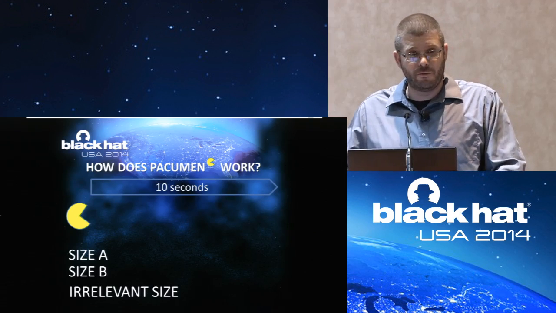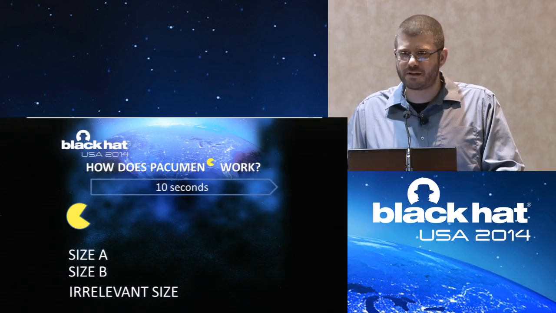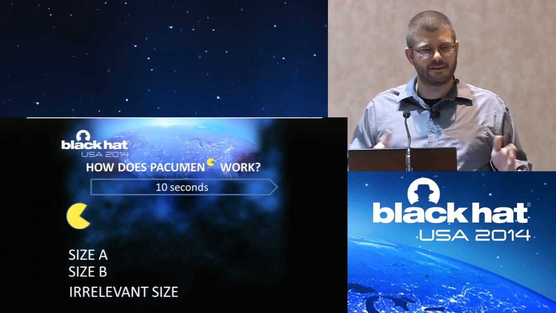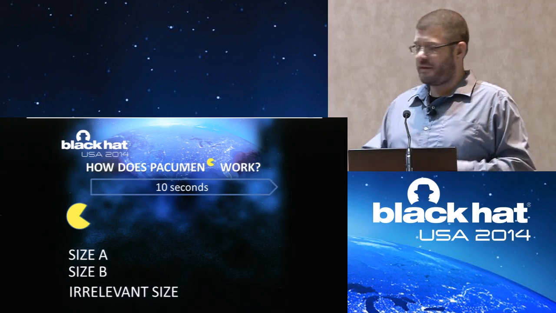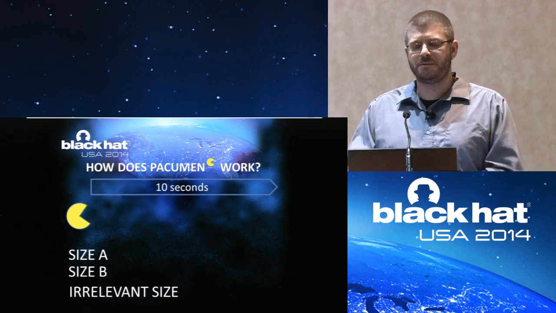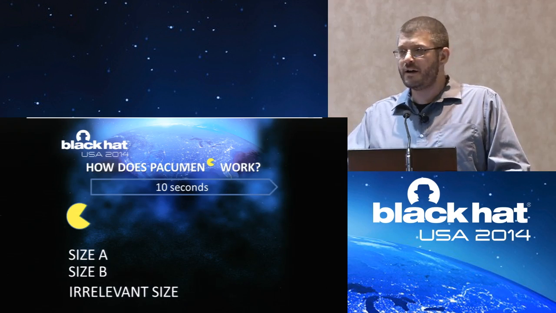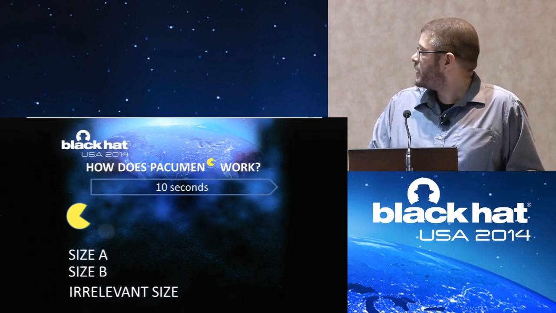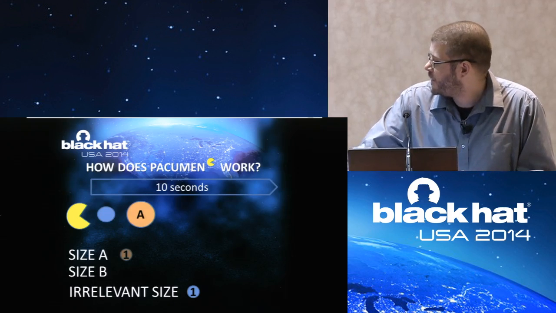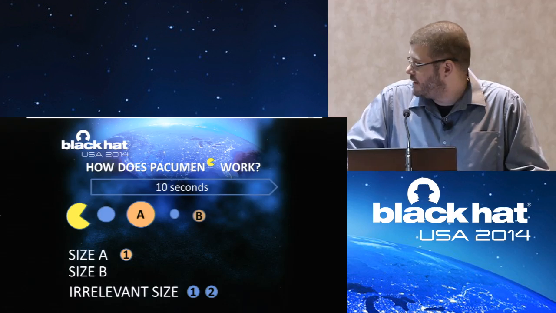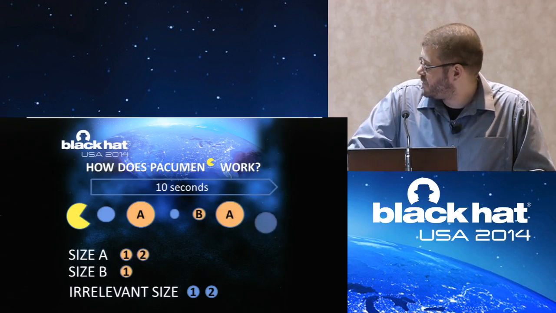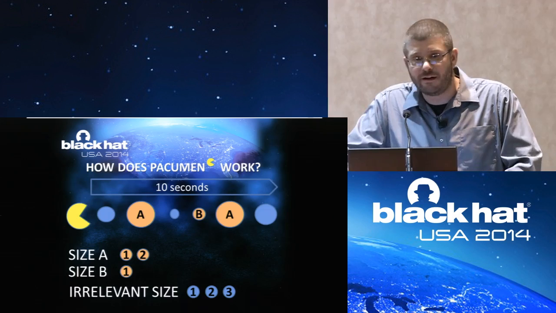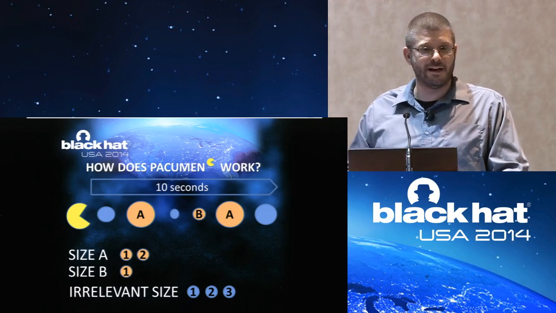We don't have enough time to go into a huge amount of detail internally how it works, but what it does is it looks at packet sizes in 10-second windows, what packet sizes show up, and with that it will update its confidence that an application is being used. And then it just repeats every 10 seconds. So, quick little animation. We're looking at 10 seconds of data, we see 2 packets of size A, 1 packet of size B, 3 packets of sizes that Pacum did not decide mattered